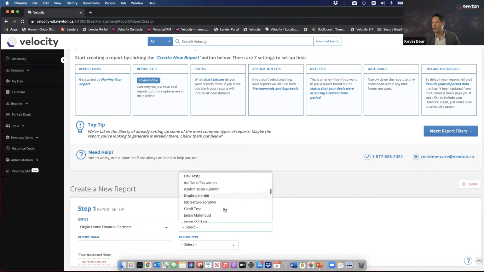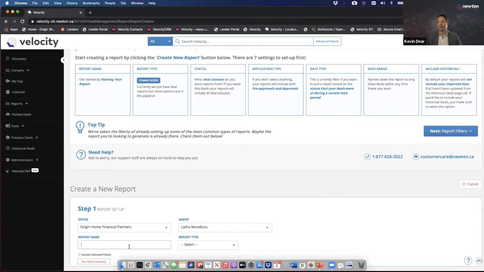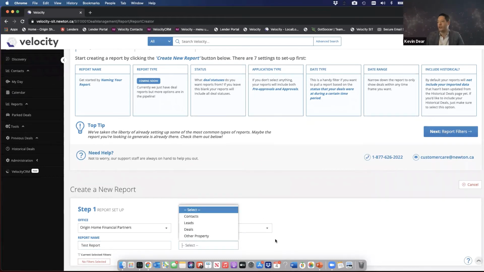So if I were to go in and choose a person to do it on, and I just type my report name, and then I would choose the type of report that I want to do. The types of reports are really going to be broken down into contacts, leads, deals, and other properties. Okay. So based on what I choose, it will reveal to me what filters are available for the